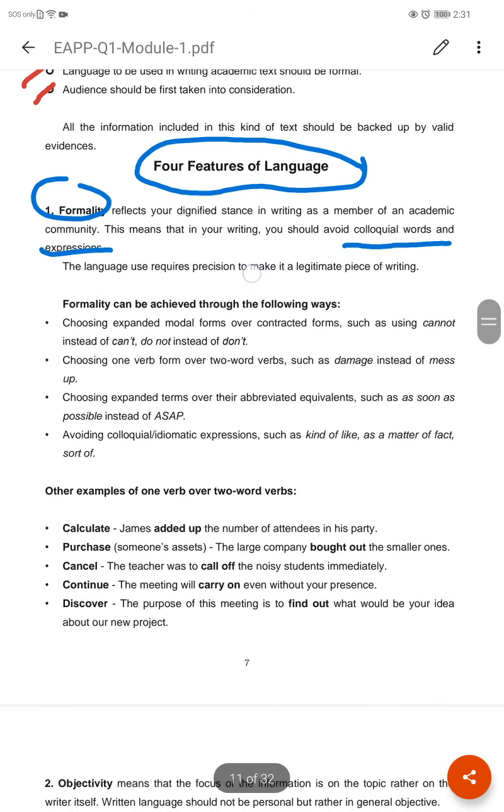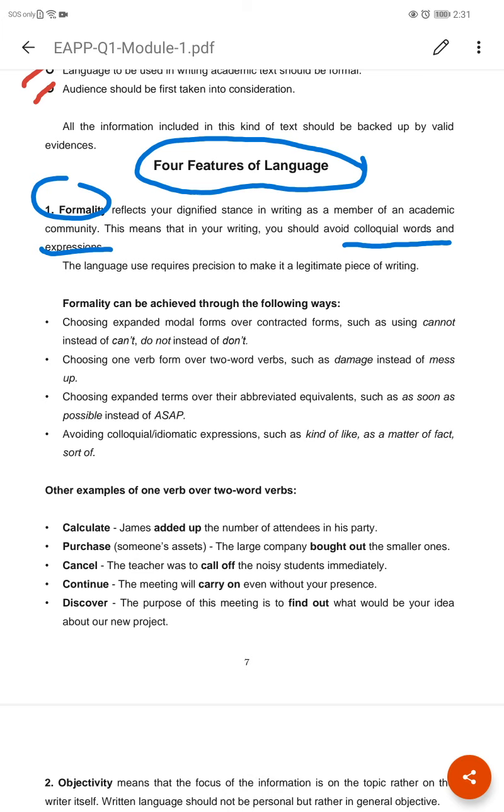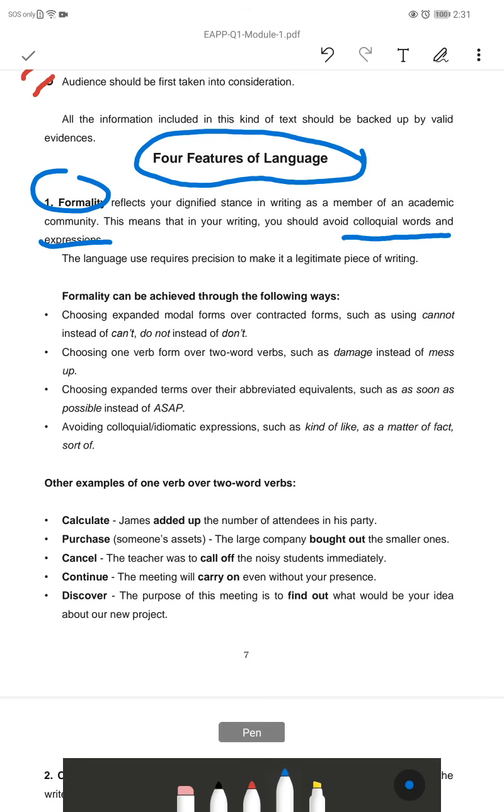Okay, so formality can be achieved through the following ways. So these are the different ways for us to achieve formality in our writing. First is by choosing expanded modal forms over contracted forms. When we say contracted, guys, contracted means shortened, compressed. Example of compressed words are can't, don't. So, if you want to achieve formality, guys, you should not use those kinds of contracted words. Rather, you should use the complete